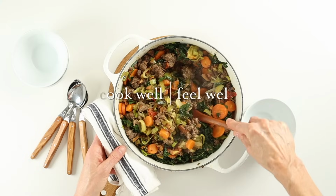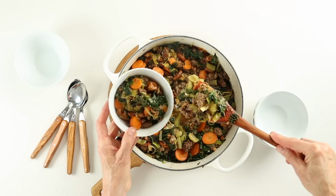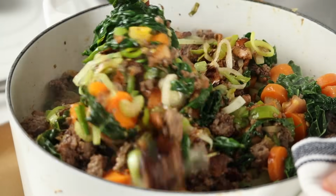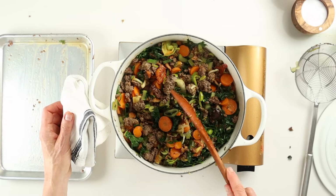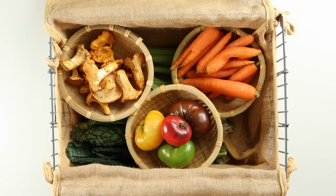Beef stew is the ultimate comfort food for cold weather and serving a crowd. A hearty one-pot wonder you can whip up in just 20 minutes. Packed with nutrients, savory flavor, and guaranteed to keep you satisfied, so less snacking. Give me the next 3 minutes and I'll show you how with the basics from our weekly natural foods delivery